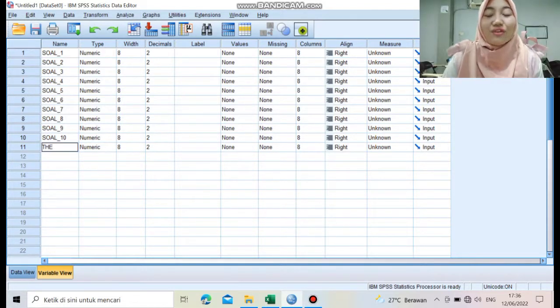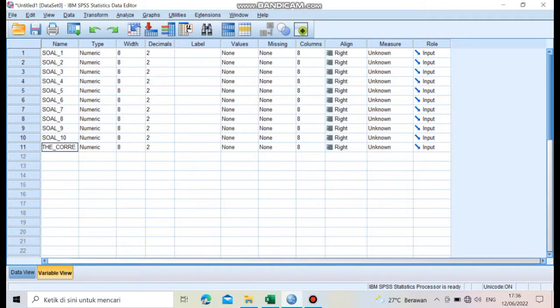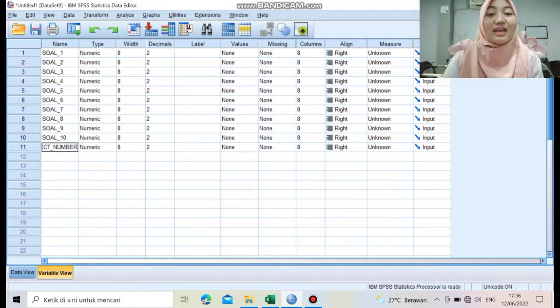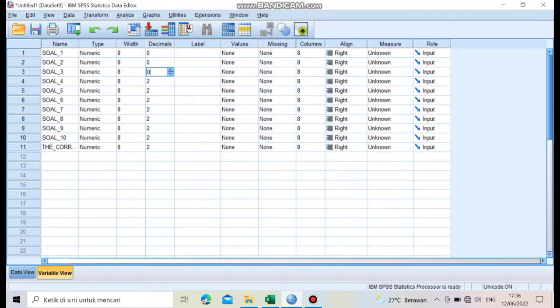And the last, we rename it to the_correct_number. And don't forget to change the decimal to 0.